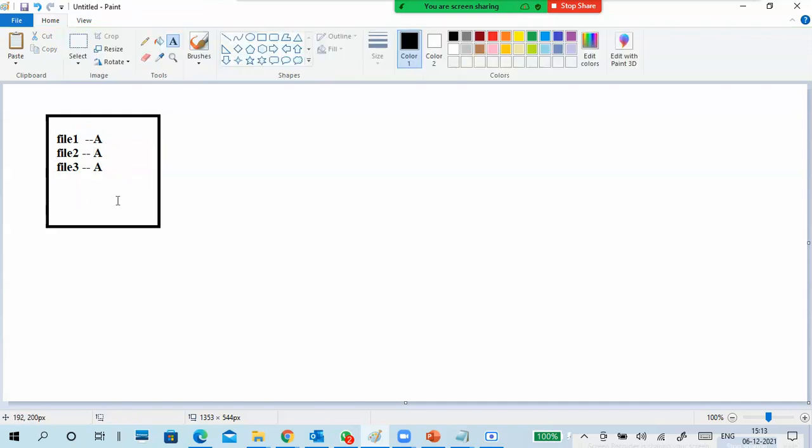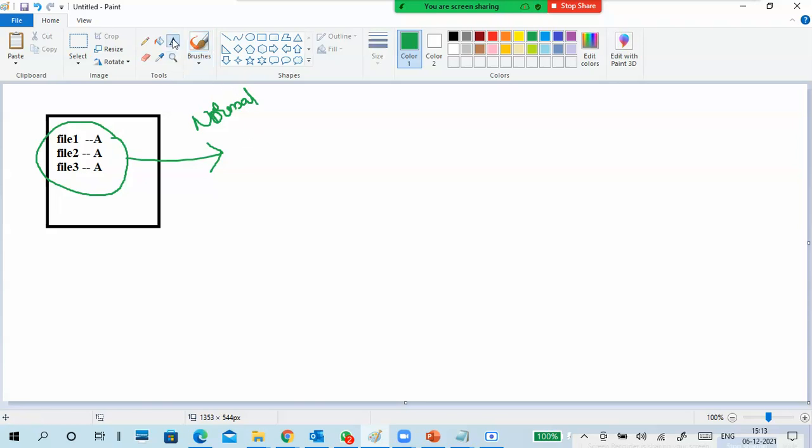So this is my data in my system, in a folder. Now I'm going to take the backup. Which backup do I have to take? First of all, I'm taking a normal backup.